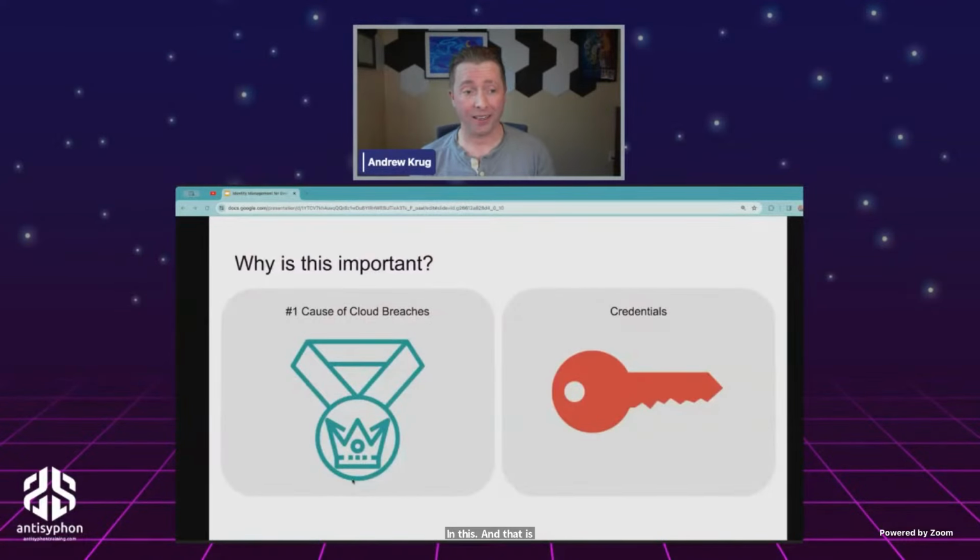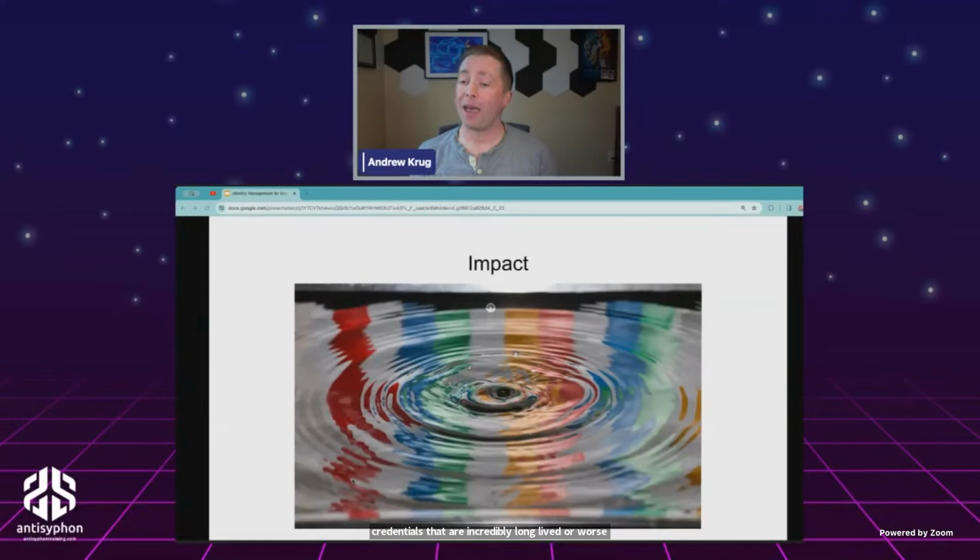And that is because credentials are still the #1 cause of cloud breaches. And it's really not because we're just bad at managing credentials. It is because credentials are often overly permissive, and we use forms of these credentials that are incredibly long-lived, or worse, live forever. And that generally results in a pretty significant impact when we start to pair those two things together. We have this dangerous long-lived credential and a lot of permissions that are associated with it that allows a threat actor to privilege escalate, move laterally inside the environment, exfiltrate lots and lots of data, waste money, spin up resources, etc.